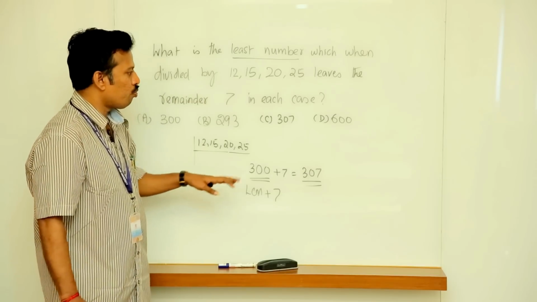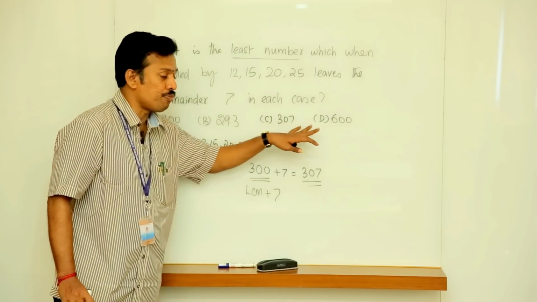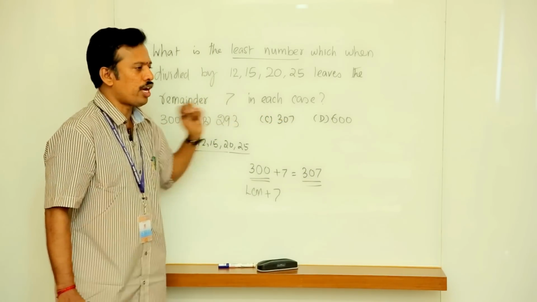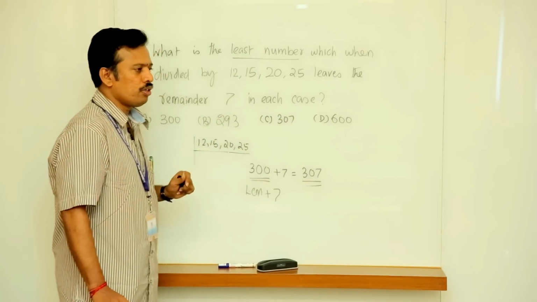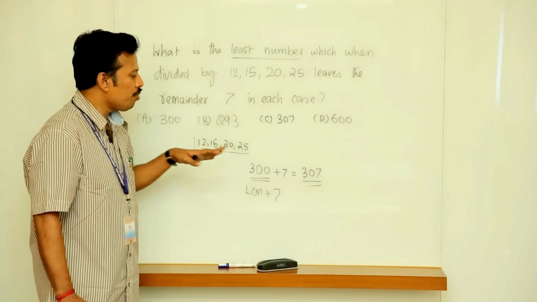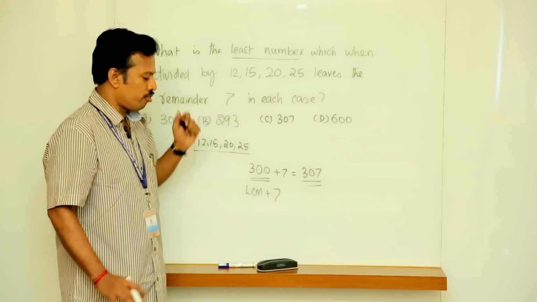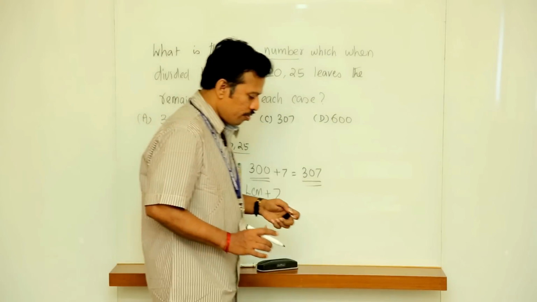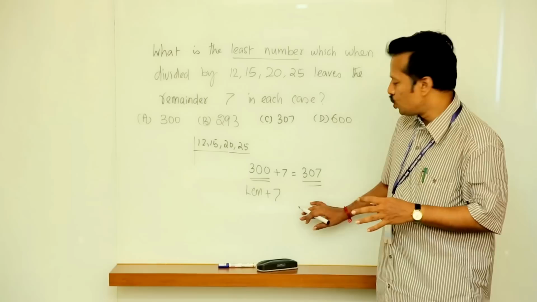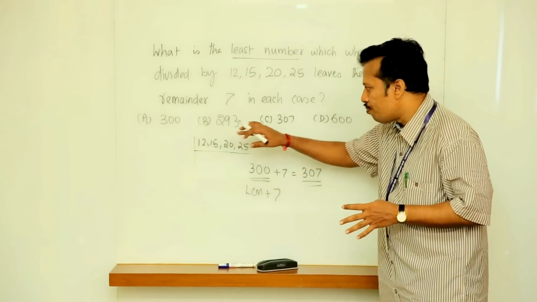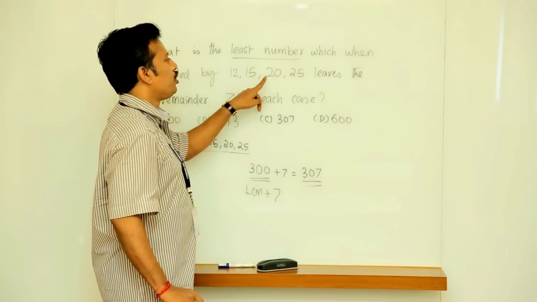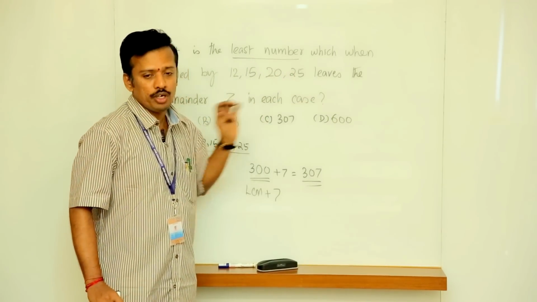But many a time while solving questions of objective nature, that too in these kinds of competitive examinations, the choices will be given. So when you solve the problem, as far as possible, try to eliminate from the answer choices which are given. As you know, this is LCM plus 7, so the resultant is plus 7. When you remove that 7 from the answer, that should be divisible by 12, 15, 20 and 25, which is nothing but your LCM.